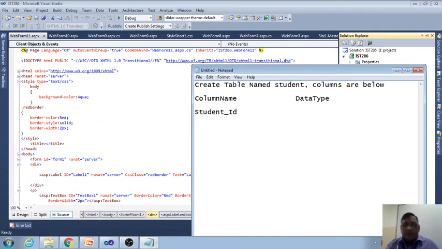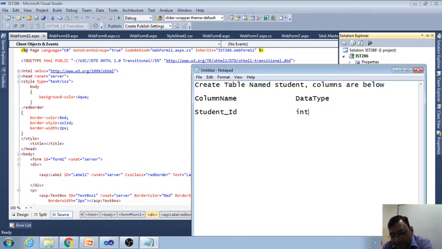The data type for studentID is integer. This is a number, so I am writing the int data type. The int data type is basically used to store numbers, only numbers. One more thing: when you create a database, a table, or a column, all the names, I'm talking about the name of the database, the name of the table, the name of the column, please do not put a space or a dash.